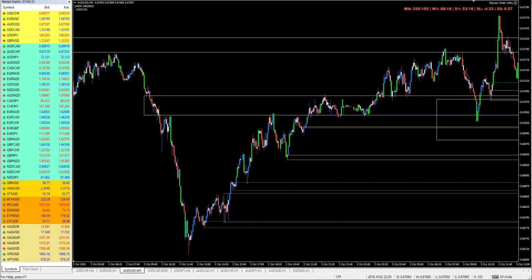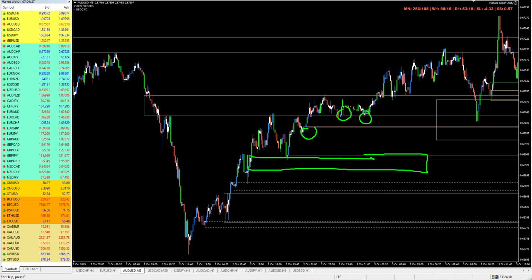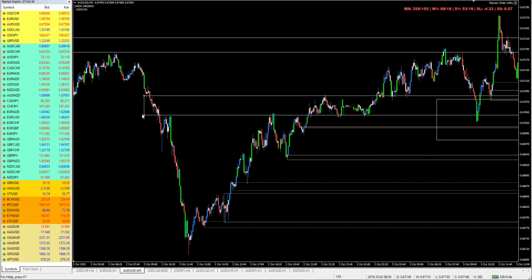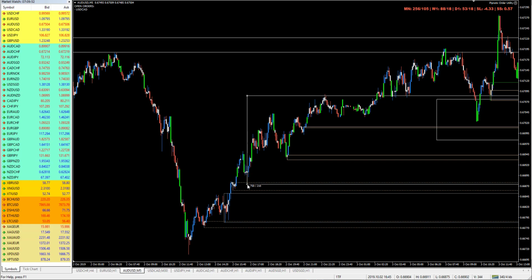We had the closes, they originated from this kind of swing here, but I mean this is not a nice area because price has already been back to this price point numerous times. We've been here, here. The only one I think looks interesting is this one down here. Okay, so we could take this, we can move it down. I'd probably mark off the whole area